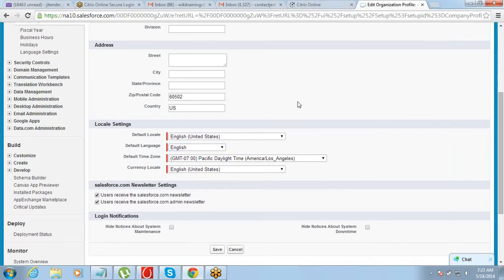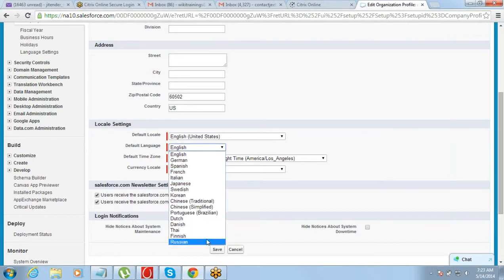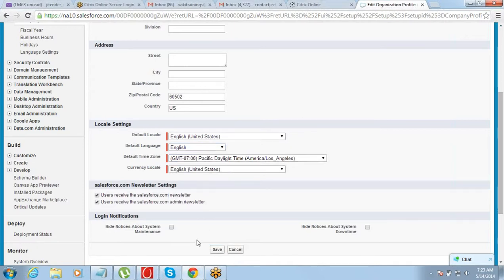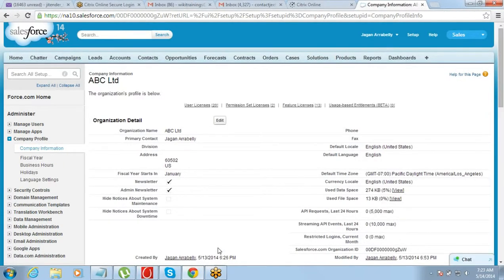So Salesforce is not being used only by countries which speak English, right? It is being used by other countries also. So for that, they have provided different languages. So this is the first kind of setup that you do for your company. Once you log in, do your personal setting, then go to the company setup and put the name of the company and do the locale setting, the currency, the time zone, and the language that you want to use for your company.